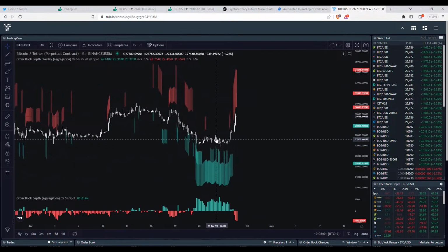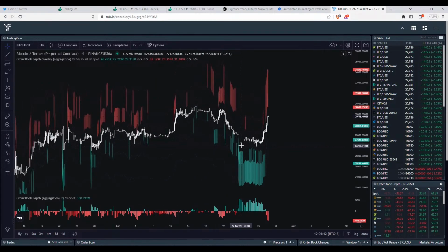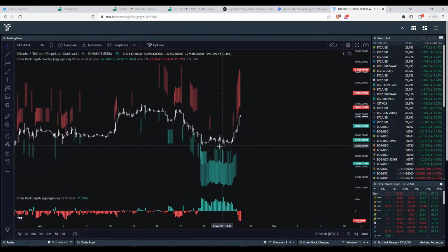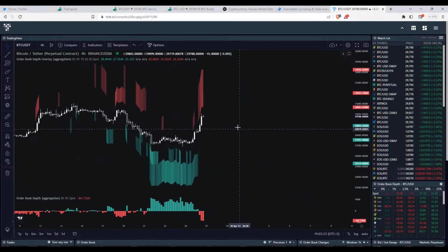It was looking quite weak at the start of the week. On Monday we had this failure above the resistance, but then we failed to break underneath. This is, I believe, a Friday low or just some low. From here we failed to break it, closed back within this small range, and with this huge demand from all these spot exchanges, we managed to push higher.